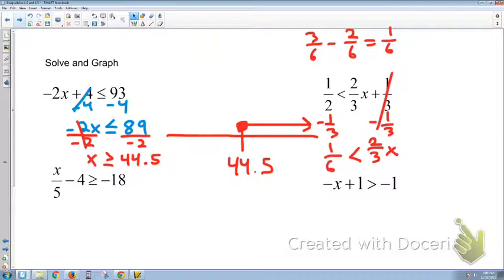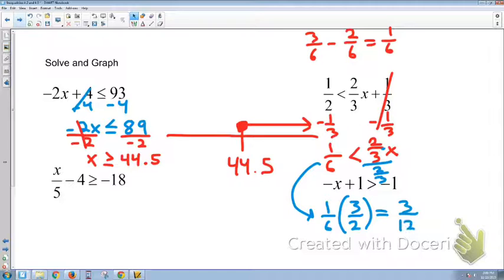And now it's all about undoing this multiplication right here. So I could either multiply both sides by the reciprocal of 2/3, or I could just divide both sides by 2/3. I'm going to do that. So this comes, and I'll have to write it down here, 1/6 divided by 2/3 is the same thing as 1/6 multiplied by the reciprocal of 2/3, which means that is 3/12. And I can reduce this to 1/4. And so I didn't multiply or divide by a negative this time, so I say 1/4 is less than